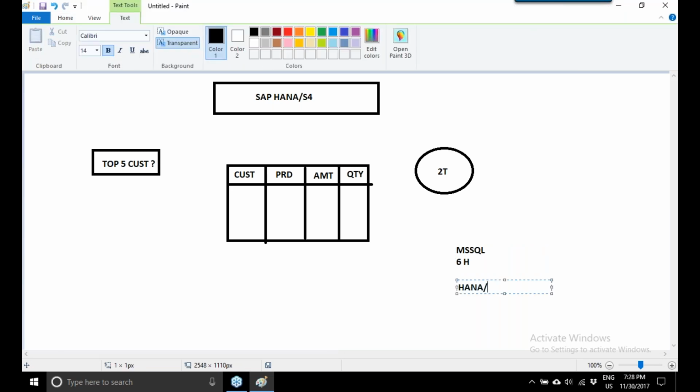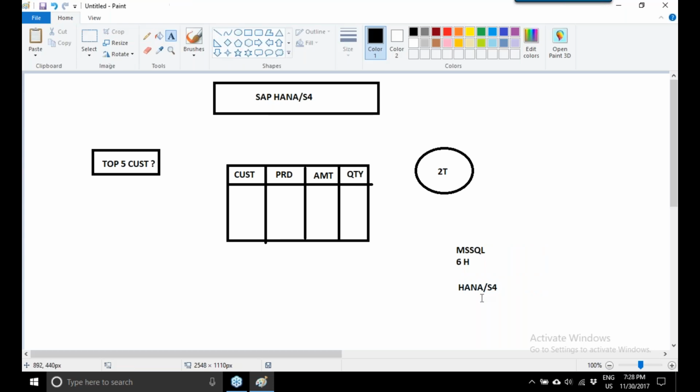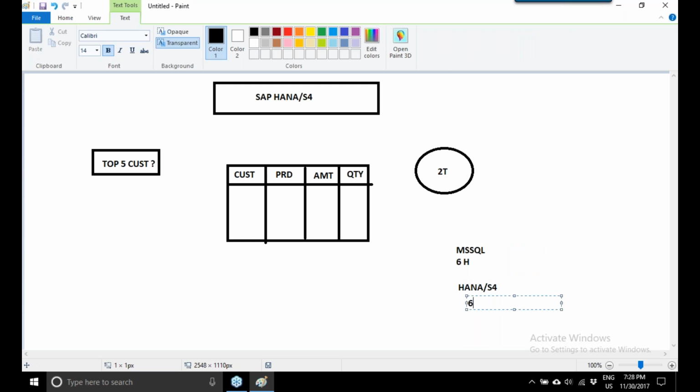In SAP HANA and S4 HANA, the next generation platform, it only takes about 6 seconds. In MS SQL it takes 6 hours, and here it takes only 6 seconds.